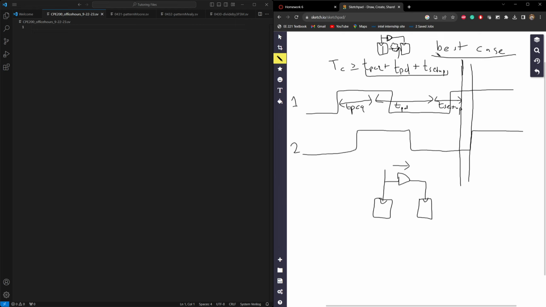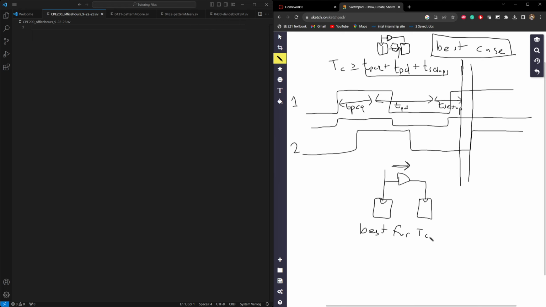So I was just saying that this is the best case scenario for the clock time, because as we just saw, adding in that extra skew made it so we could still have the same clock time. Whereas if we had no skew, we would have had to increase the clock time to account for the fact that this is too long. Okay. So this is the best case when it's right-handed skew, like in this direction. This is the best case for